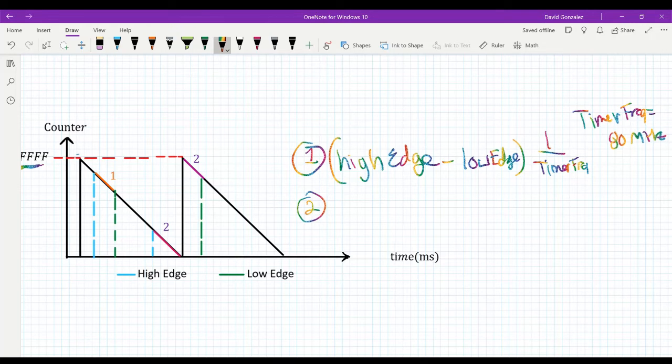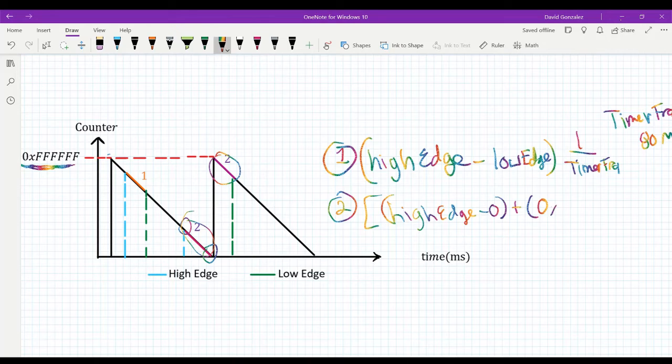So in that case, what we have to do is find the distance from this point here to here. So that's going to be just the high edge minus 0, so we can put minus 0. Then we're going to add, because we want this entire part here. So we want this portion and this portion here. So plus, and then it's going to be 0x